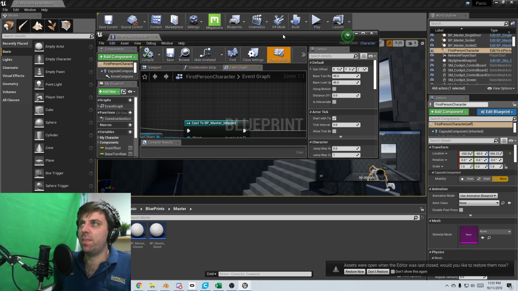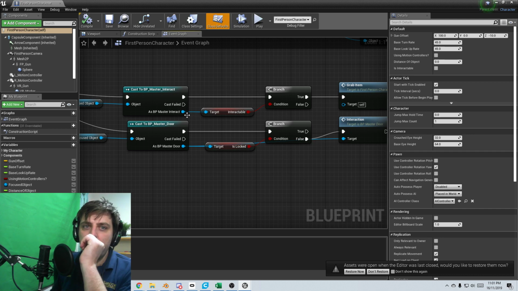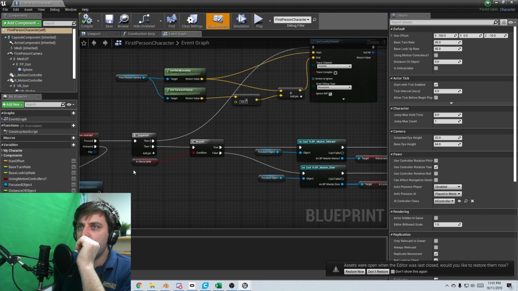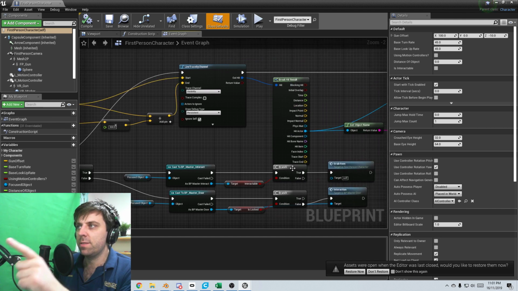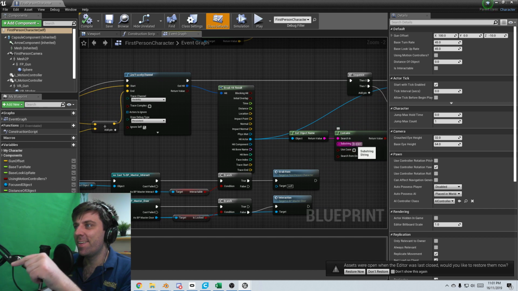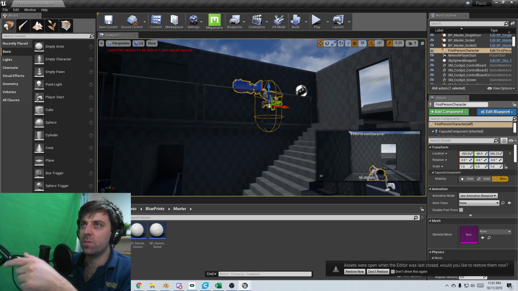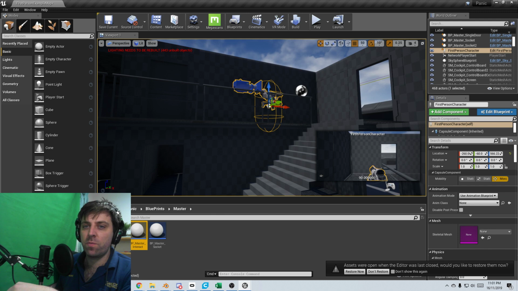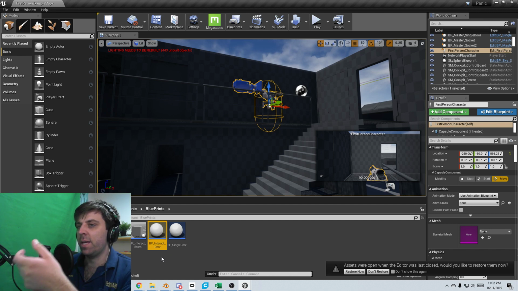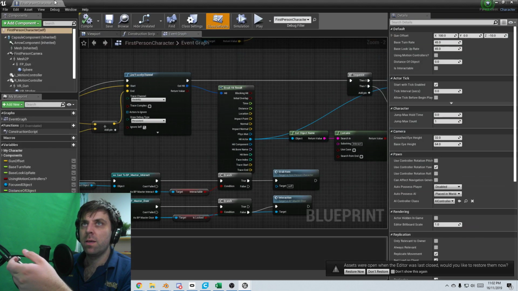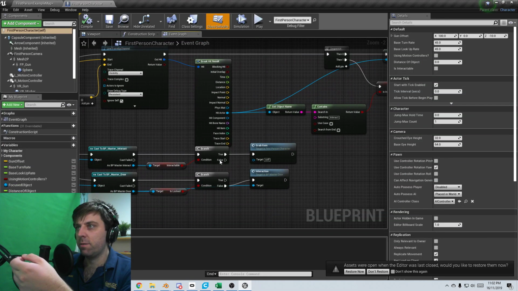So the way I've done this is, does the blueprint contain the words interact? So I've called it BP underscore master underscore interact. I created a child from that, which is our BP interact door. So as long as I've got that interact part in there, it'll kick off this command here, which means grab